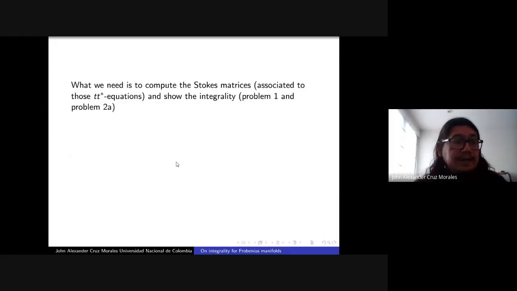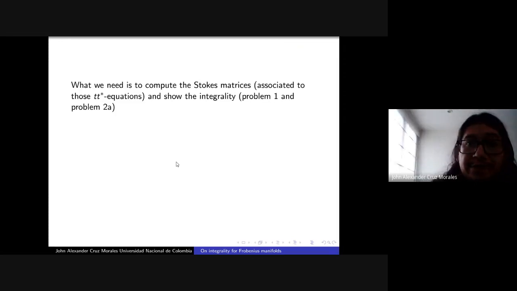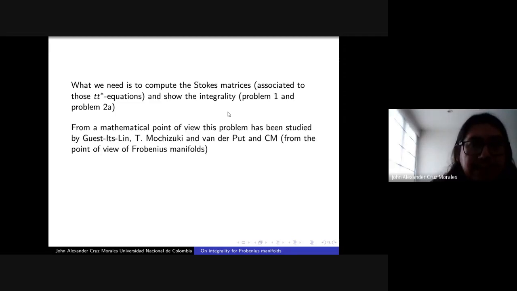So what I said is that what we need is to compute the Stokes matrices associated to the star equation and show the integrality. That is problem 1 and problem 2a. I already said that. From a mathematical point of view, this problem had been studied by Martin Guest,